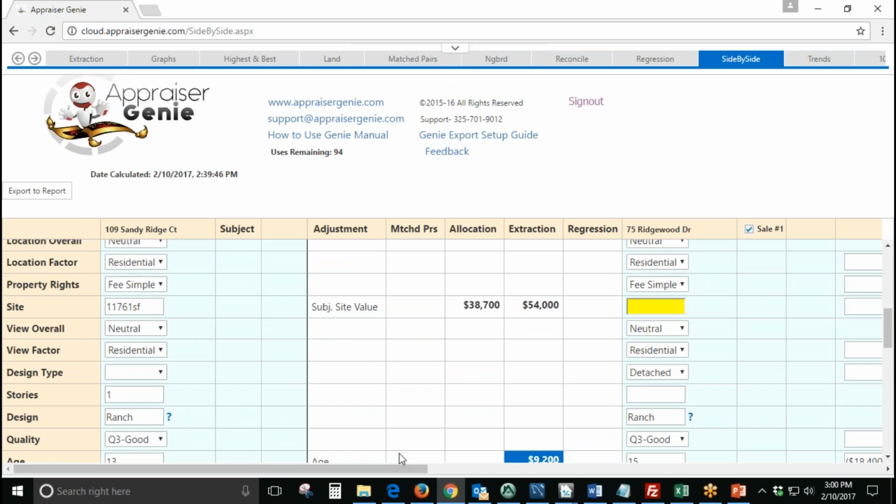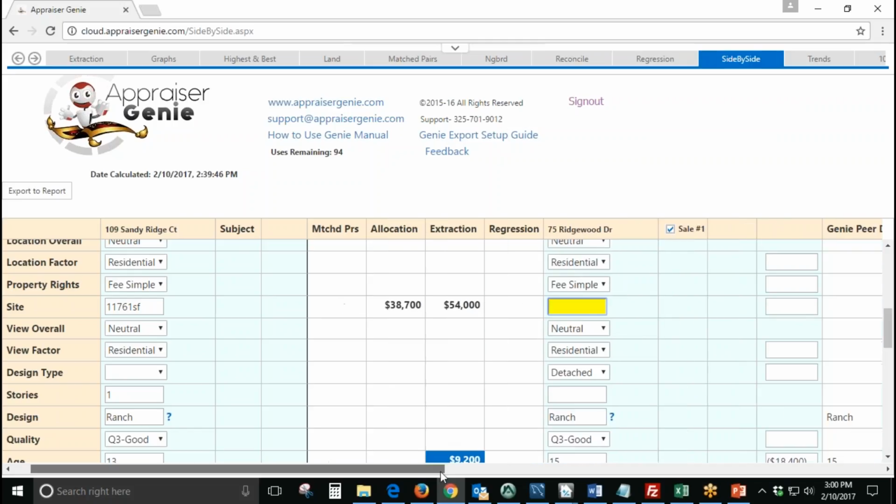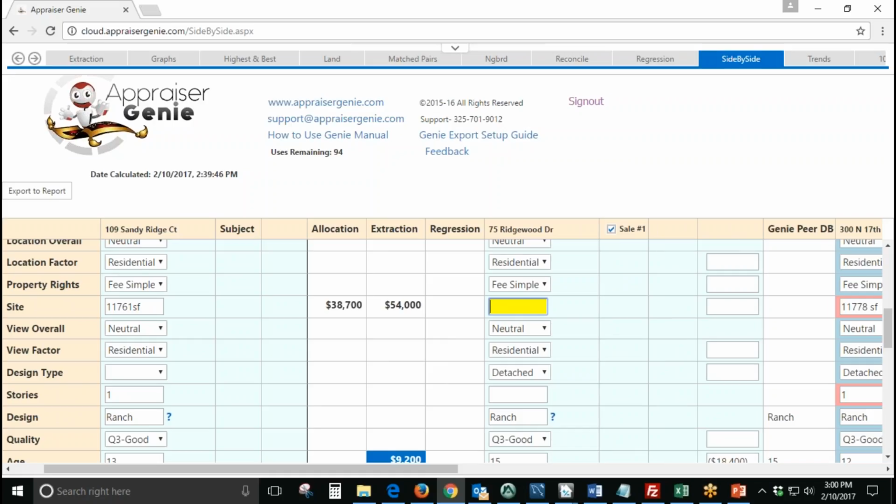Alright, now one thing I will show you guys that's important to know, I'm sure you've seen this yellow box as I was scrolling around. This yellow box indicates that MLS, public, and our peer, nobody had the information for this subject's or this comp's site size. So if it's blank, you would definitely want to retrieve this value, either look it up wherever you want to, whatever source you want to use, you would want to retrieve that because this blank is going into